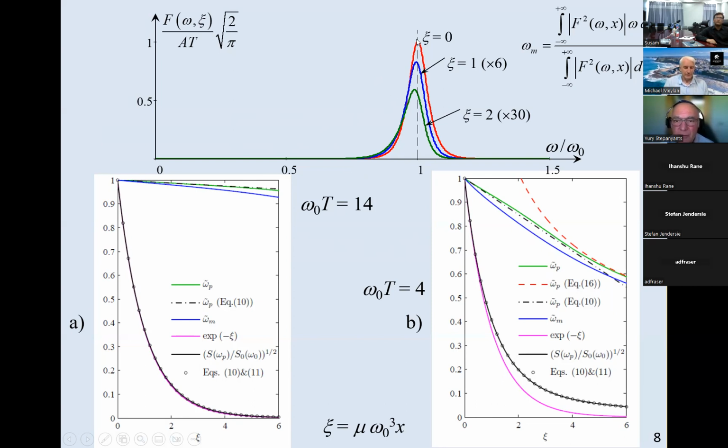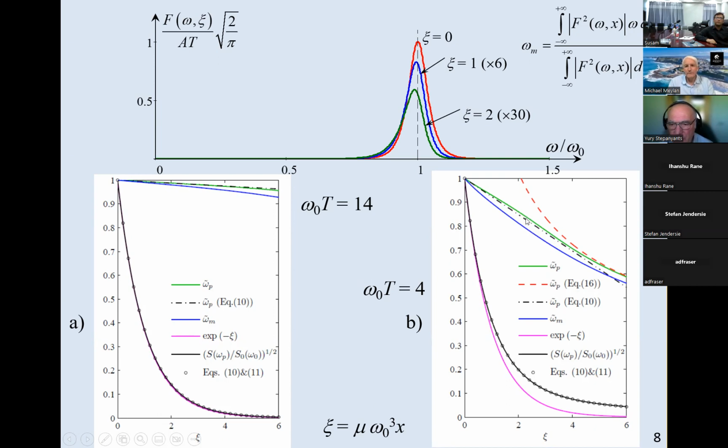But in addition to the maximum of the wave spectrum, we can define also the so-called mean value, which is defined by this formula, and it represents, to a certain extent, a mass average of the spectrum. This quantity is presented here by the blue line, and as we can see, for such a defined spectrum, we observe a bit faster decay when omega naught T is 14, but when omega naught T is 4, we have quite